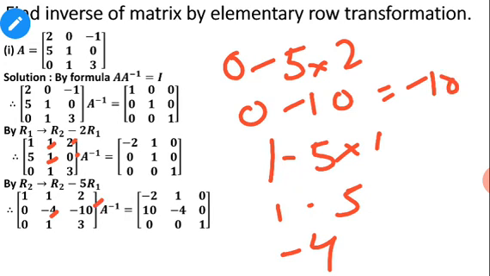This way you got. Okay, similarly the same thing we are going to do on the right hand side also. And if I am doing on the right hand side, so you can check by yourself. If I do the operation R2 का first element 0 then minus 5 into minus 2, so it will become 10. Then 1 minus 5 minus 4, 0 minus 5 into 0, that is going to be 0.